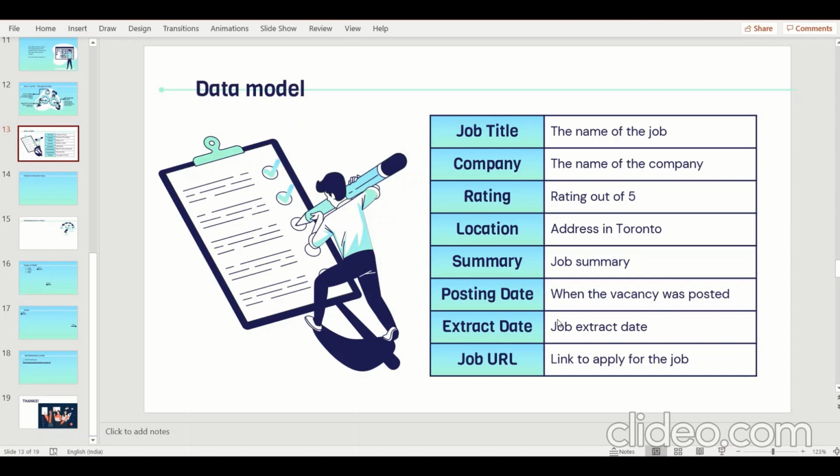And posting date means when the job was posted on the Indeed web page, and the extract date is when I'm performing the extract, which means today's date. The job URL is the link to apply for the job. So this is the data model which I'm using here.